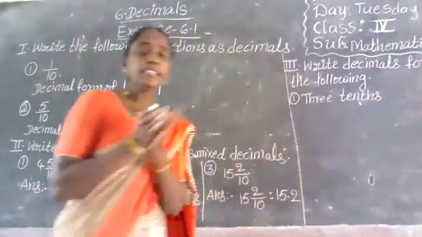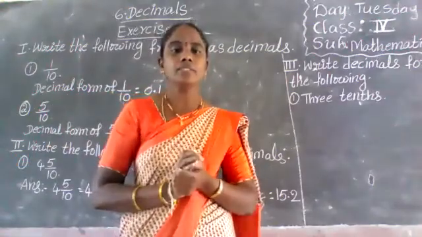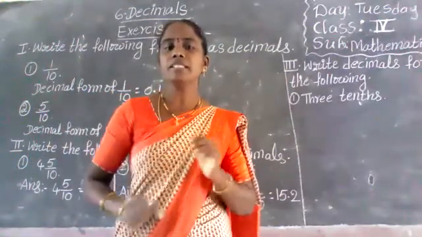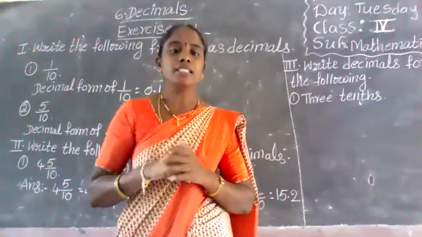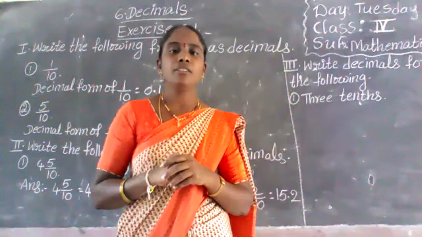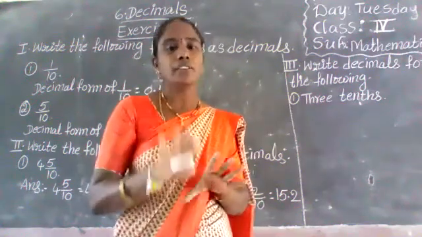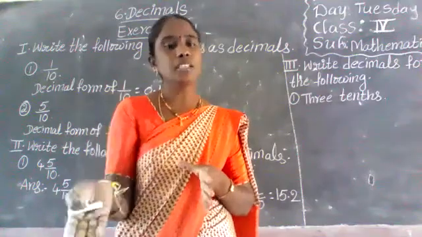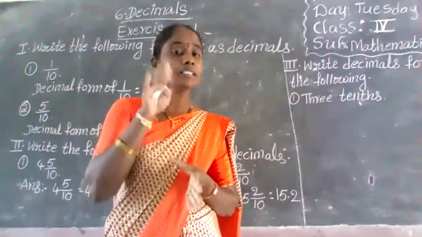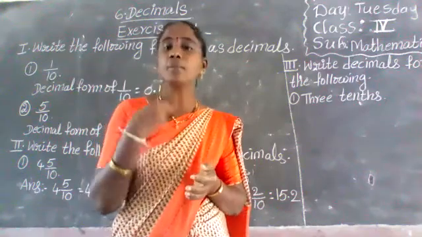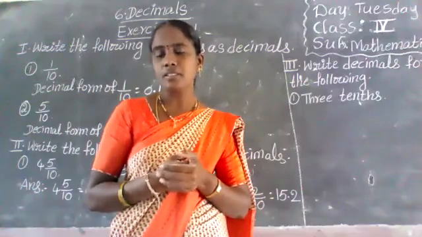First, 3/10. How can we write it in fraction form? What is the fraction form of 3/10? Tenths. What is the fraction form? Don't say decimal form. First of all, we have to write in fraction form. After that we have to change to decimal form. Okay, 0.3 is correct. That is decimal form. Girl, I am asking about fraction form. First write in fraction form. Say it in fraction form.